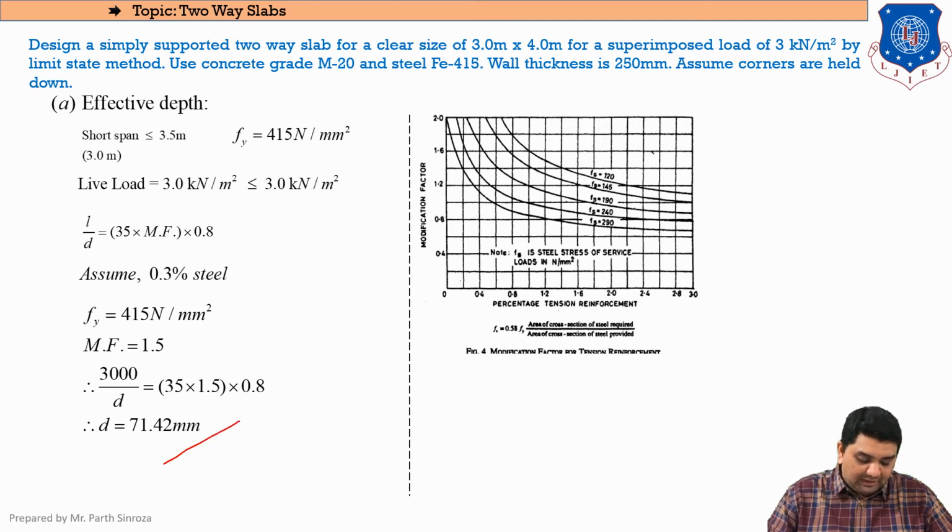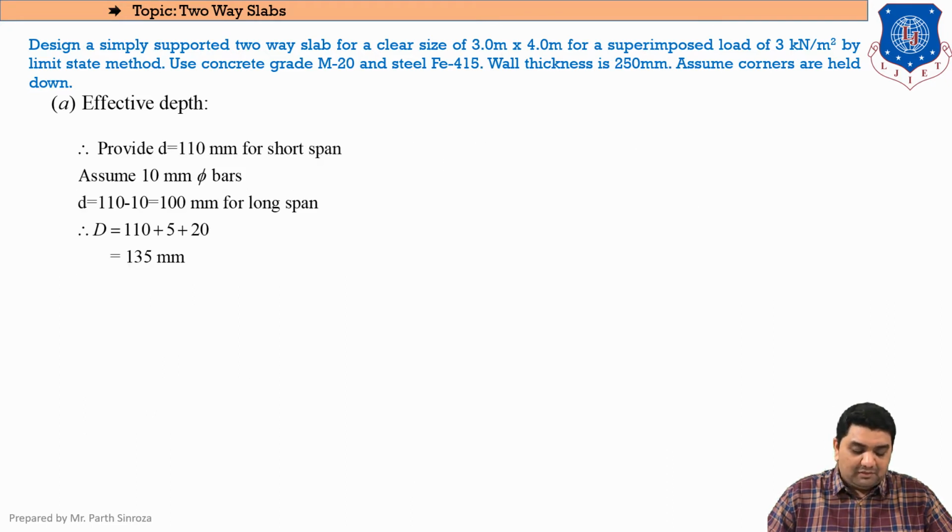So as per our calculation, d comes out to be 71.42 mm. Whatever the answer comes, we always apply small d in two parts: dx, that is in the x-axis, and dy, that is in the y-axis. X is the shorter one and y is the longer one. So dx will always be 110 mm, dy will be 100 mm, and D, our overall depth, will be 135. This criteria will be fixed whenever we design a two-way slab. These are to be kept in mind, but again for 10 mm diameter bars. If you assume 8 mm in the actual design, the criteria may vary, which will be seen further on.